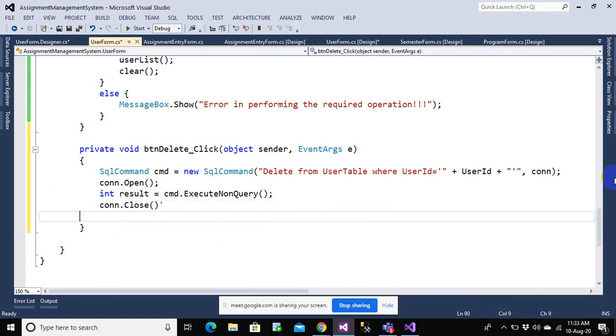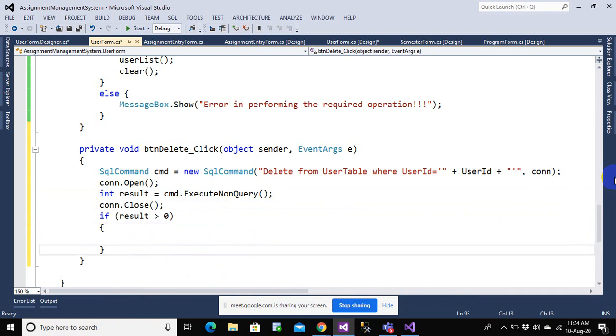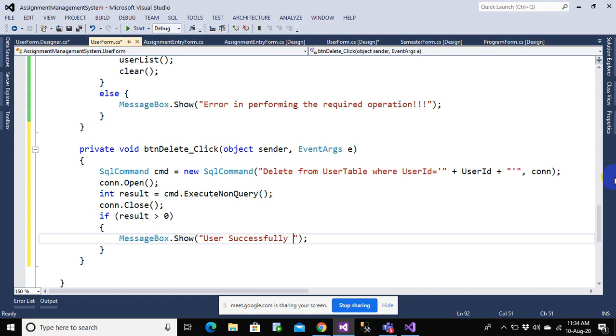Counter plus, if result is greater than 0, then you can just say successfully deleted from the system.